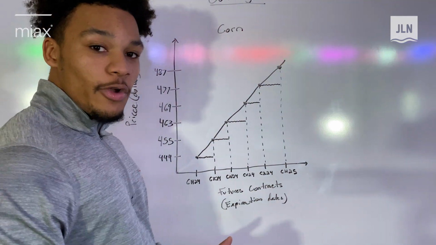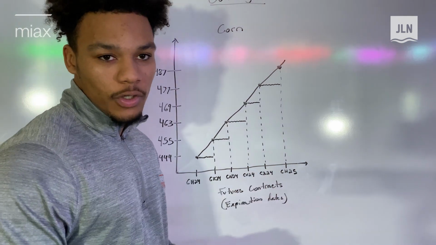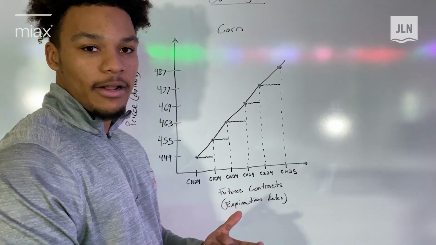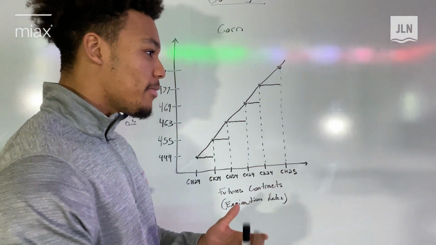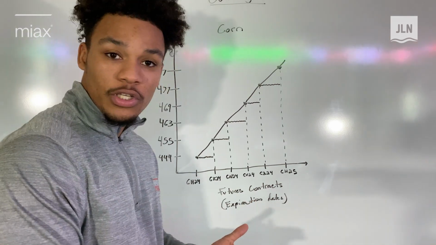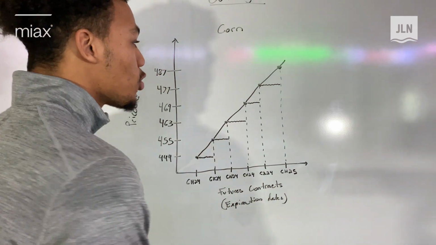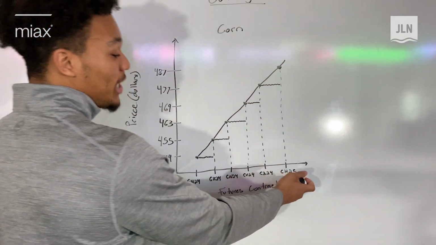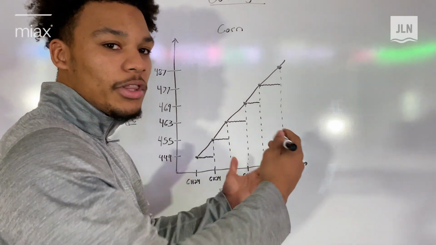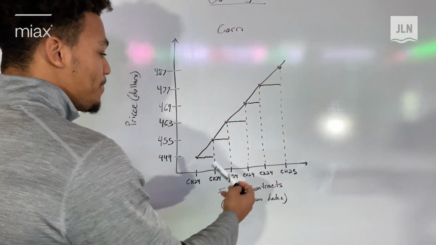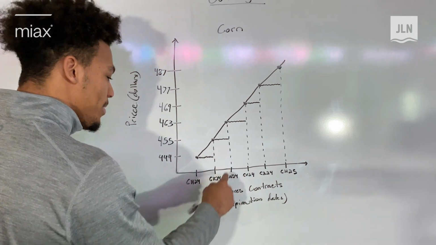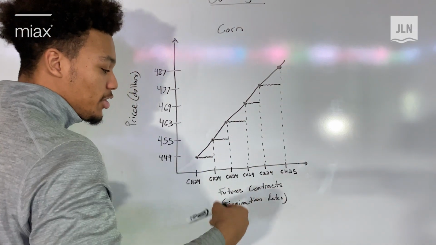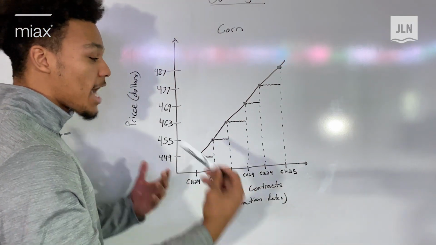If I held on to my corn, there's more incentive to sell in the future than it is to sell today. But there is cost associated to holding on to corn, right? If you have a grain bin that holds all your corn, in order to keep that grain healthy and fresh to be able to sell, you have interest rates, you have insurance costs, you have transportation costs. So there are real costs associated with holding on to that corn until, let's say, 1 year from now. And so this is what the market is trying to tell us, right? That this is the cost. We see this jump from each expiration. This is the cost associated with holding on to your grain or to your corn until that next expiration date.